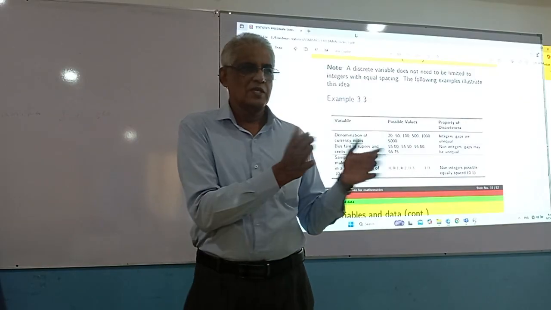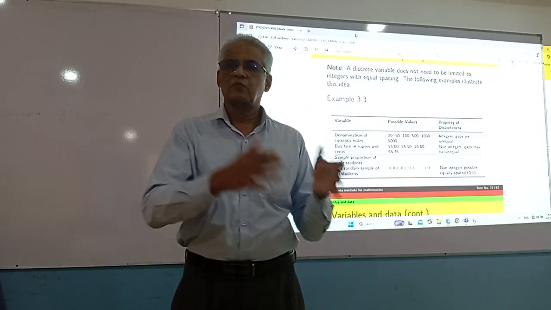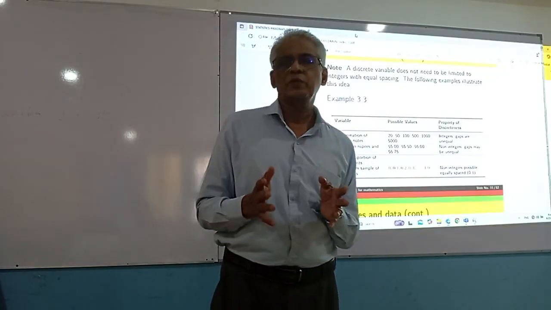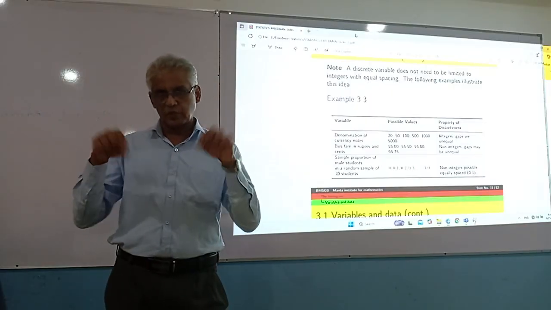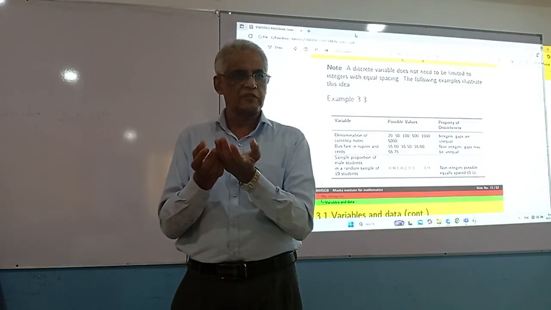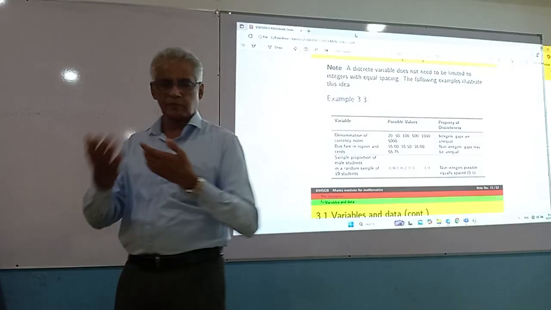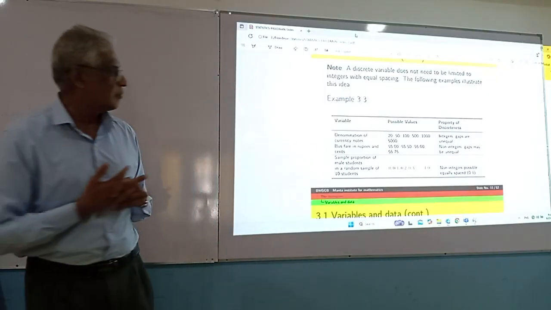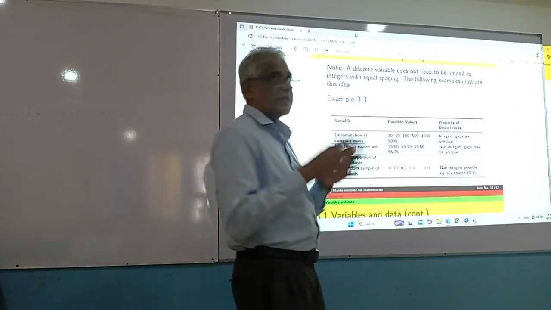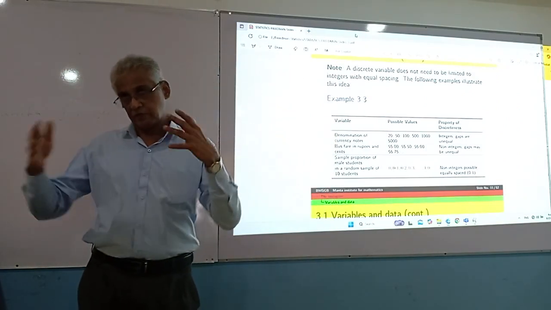So the gap between 0 and 1, and 1 and 2, is always 1. But it doesn't have to be like that for a discrete variable. That is not a defining property of a discrete variable, even though it exists in discrete variables sometimes. So I have given some examples where the gaps are not the same, but the variable is